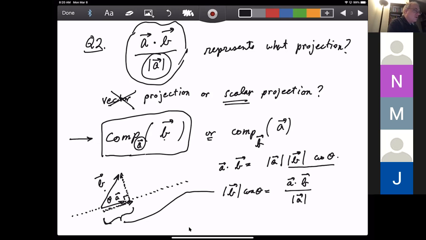Okay, so what about the vector projection? Well, the vector projection also goes along with this. The vector projection is exactly this vector. Okay, so we know the length of the vector is this B cosine theta, which we can write as this expression. We can write the length of this vector projection as the scalar projection. So how do we get a vector that points in the correct direction and has the correct length? Well,